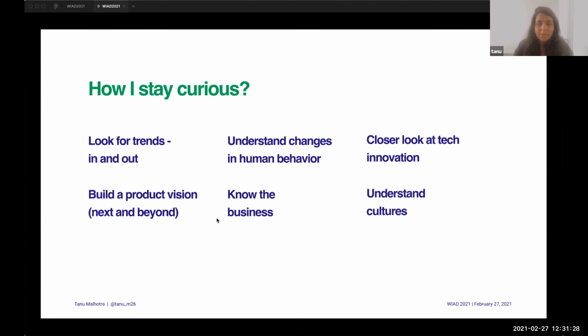And then last but not the least, understanding cultures is very essential, because people are on the go, and each and every country almost is becoming diverse in nature, especially if you consider Canada, which has the maximum diversity which I have seen. So in that scenario, how these different cultures interact with various bits of technology is also very important for me to evolve my products in future.